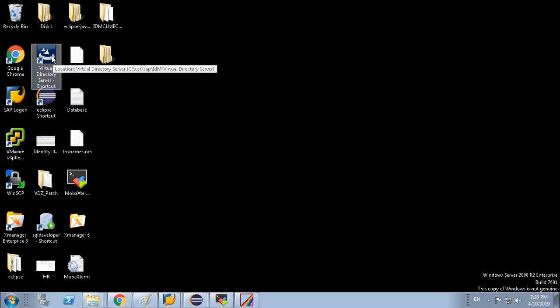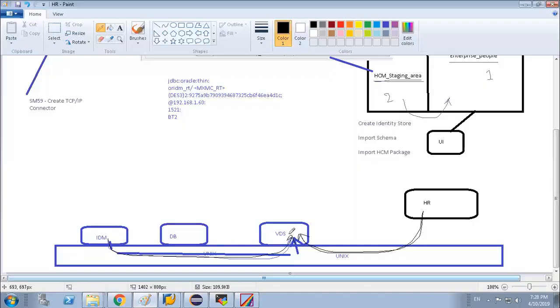Yesterday we installed the VDS on Linux. The VDS which is present on our desktop was installed on Windows and gives us a shortcut so that we can log in to this VDS on Windows, but that will not help because our main software is based on our Unix server.